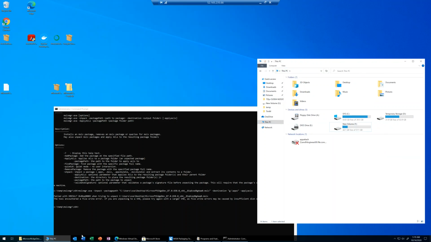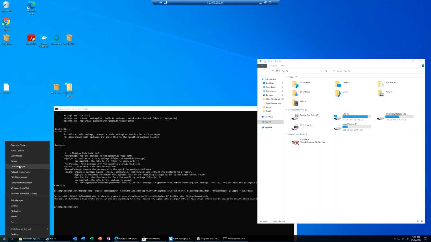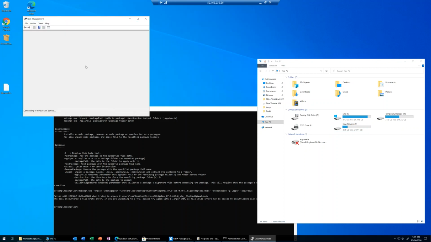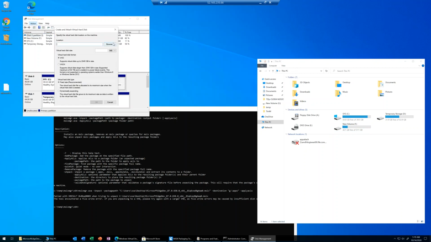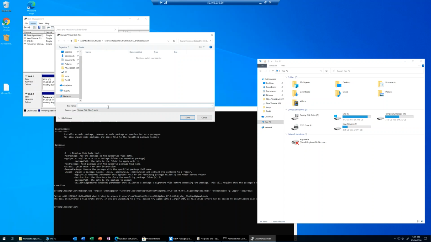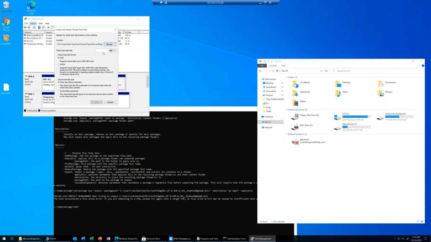We'll check that one. We go back into the disk manager. And we'll create, come on, action, create VHD. We'll put it on the same path. So go to all files, we'll grab that name. Now, this is one of the tips and tricks. You cannot override it like that. I just delete it, and this time I will err on the side of being conservative and make it 1